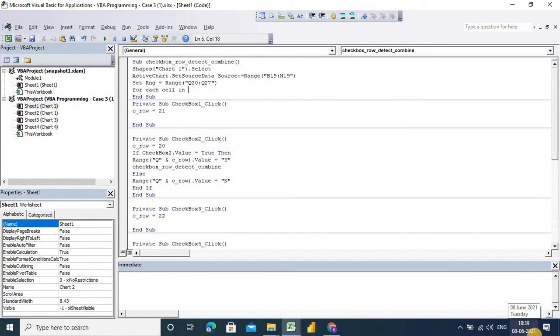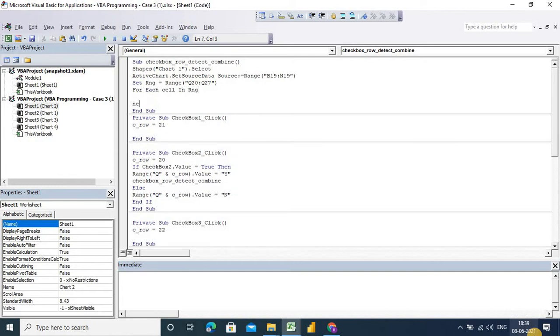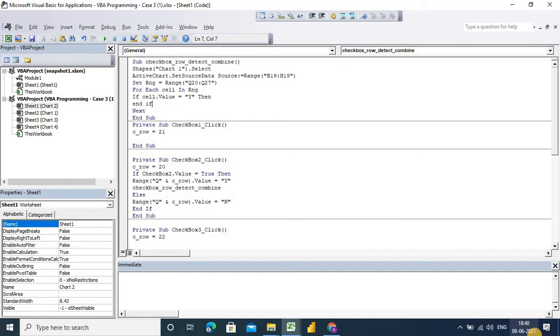For each cell in the range, if the cell dot value is equal to yes, then we need a blank variable.